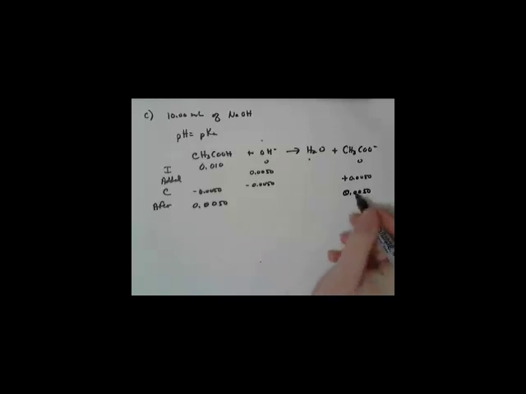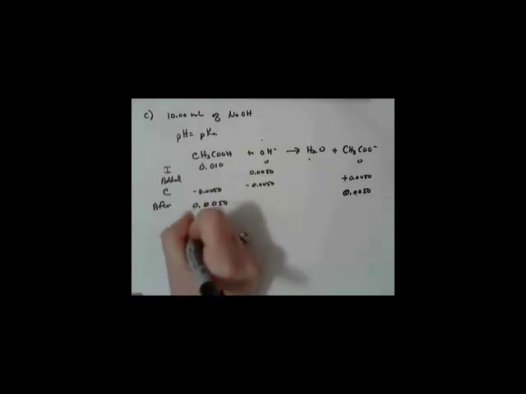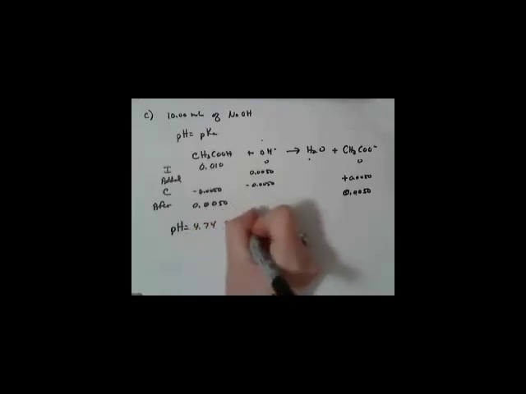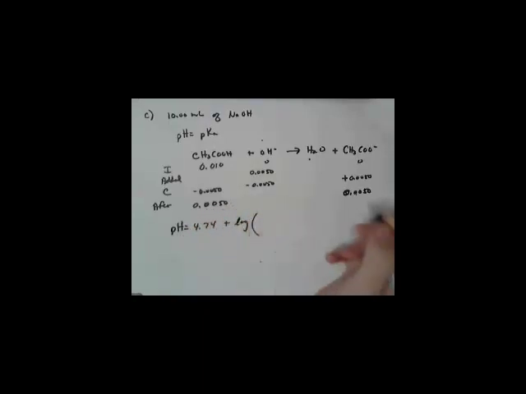So as you can see, both of these concentrations are equal at the half neutralization point. So I'll go ahead then and put this into the Henderson-Hasselbalch equation. So the pH is going to be equal to pKa, which is 4.74, plus the log of